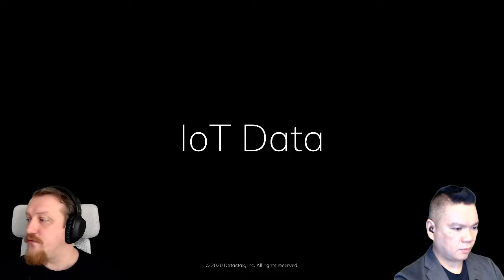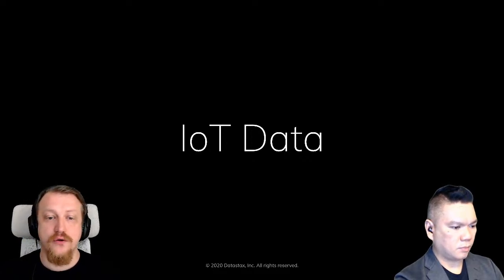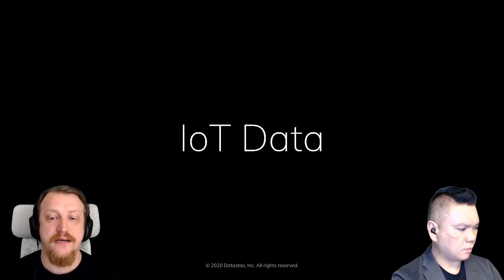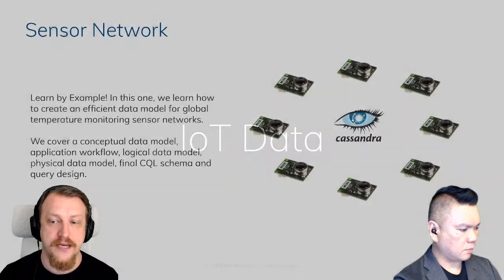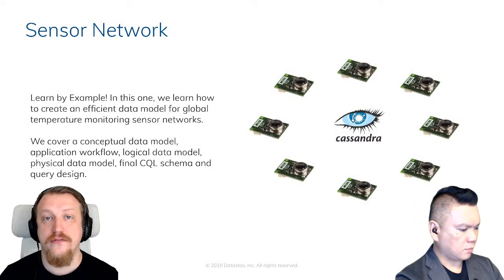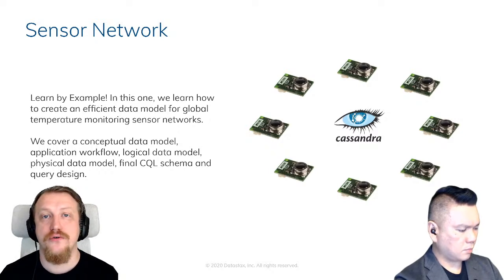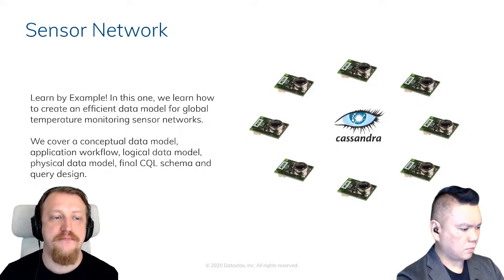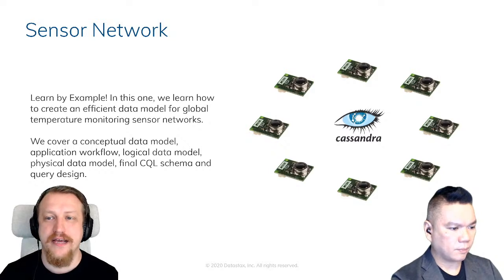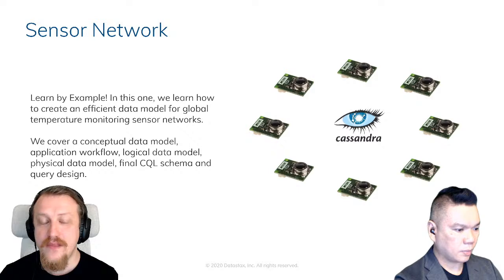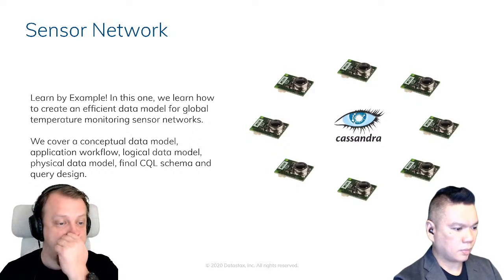Let's work with our first example, because it's always better to work with real examples. The first thing we speak about is IoT data, or a global sensor network in our case. We are going to work with a practical example: a temperature monitoring sensor network. That's a temperature-specific sensor network, but replace temperature with humidity or whatever is interesting to you, and the data structure and the resulting tables will be the same.